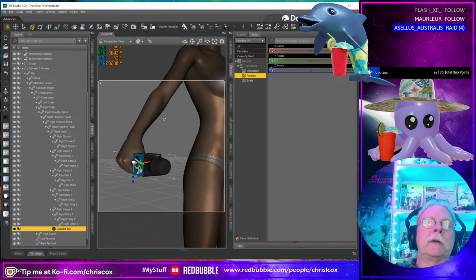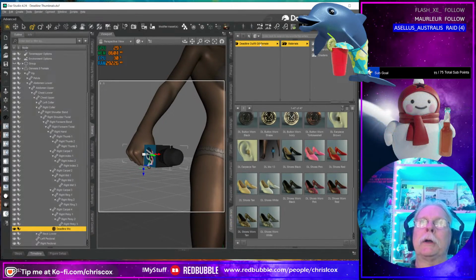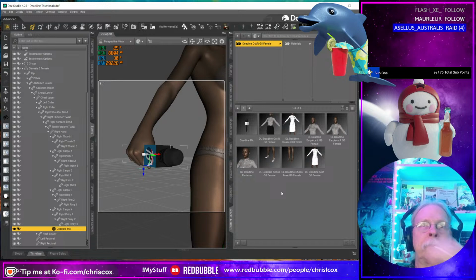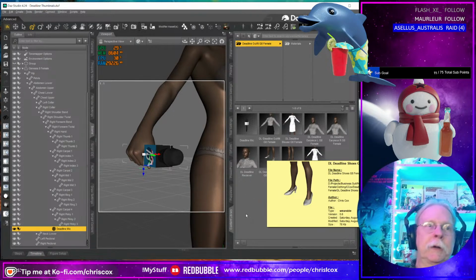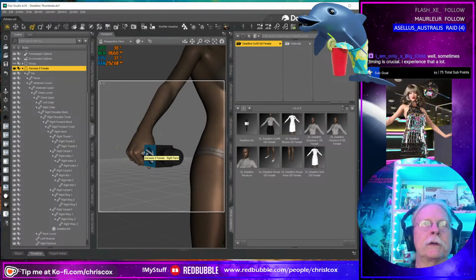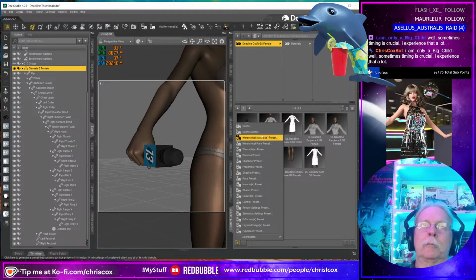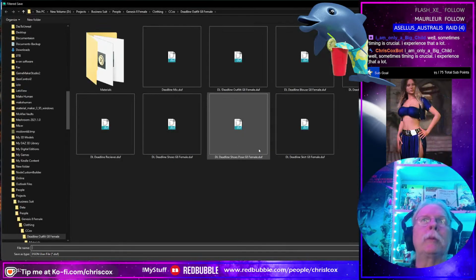We're going to save this, and then we're going to save a hand pose. So we're coming over to the content library. We're going to save it over here. And then I'm just going to select you. And I think that's all I have to select. So we're going to save this as a wearable preset. Right there. I'm going to say wearable preset.